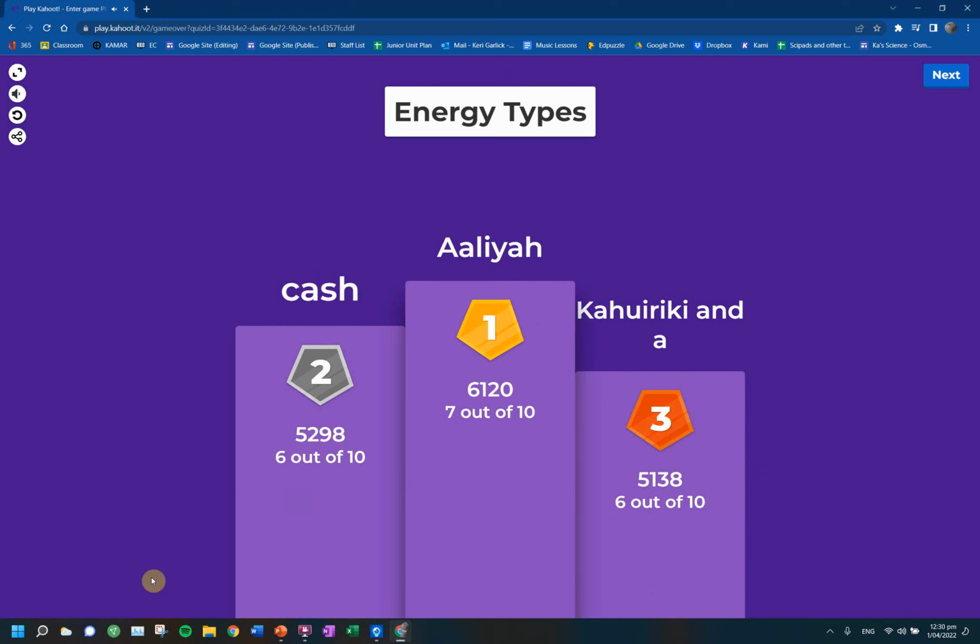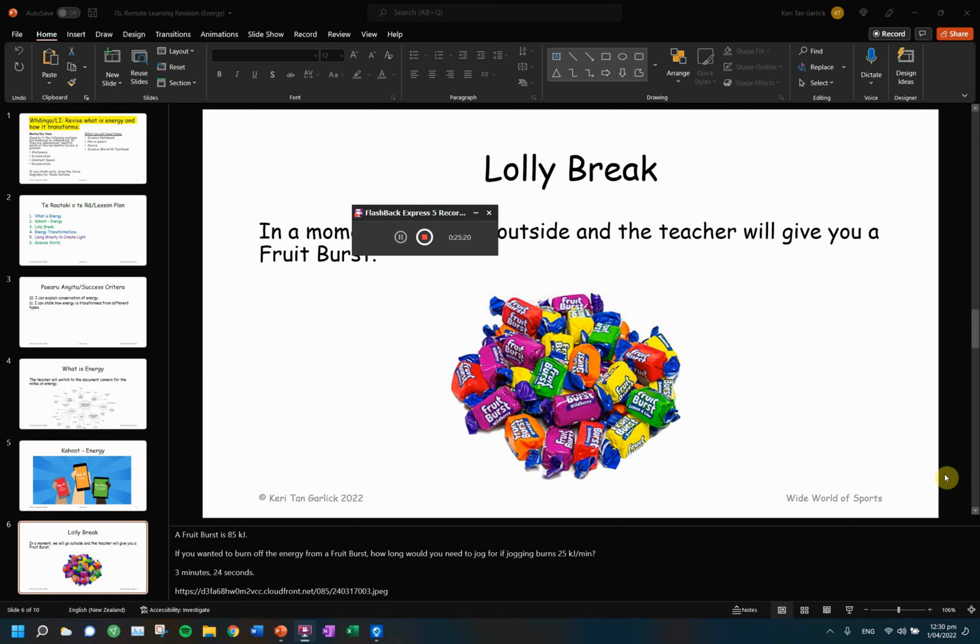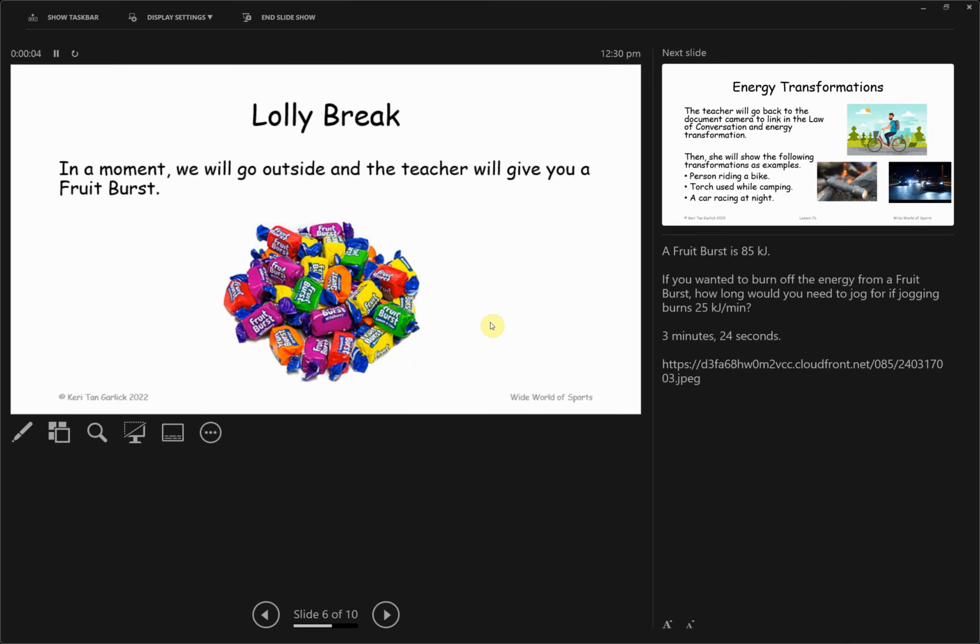Supposed to eat in a science room. No! Yeah. So, you guys didn't win. So it might kind of be nice, because it's also a Friday, if we had a little lolly break. Obviously we're not allowed to take our mask off inside, and we shouldn't be eating in a science room. So what we'll do is we'll go outside, and we will have a little lolly break out there. All right.